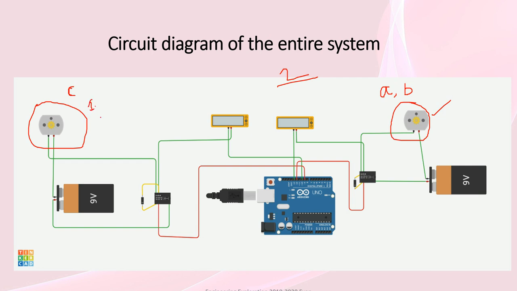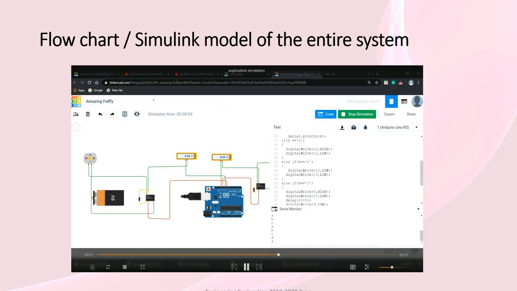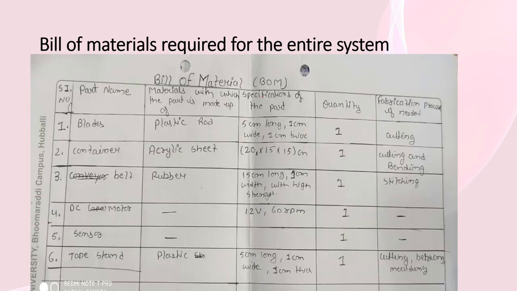And we are using 60 rpm for motor 2 because every rotation in a 60 rpm motor takes 1 second. So if we delay 1 second and stop the motor after pressing the key C, then the motor stops rotating after completion of 1 rotation. And this is a snapshot from Tinkercad after completing the circuit. This is the bill of material. These are the materials that we took from Tinkerlab.